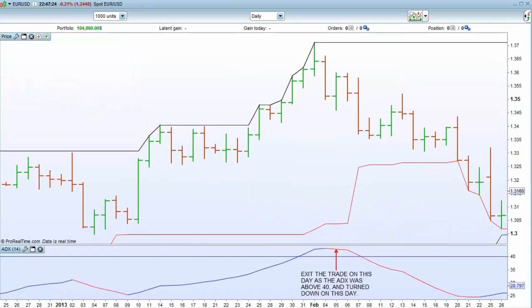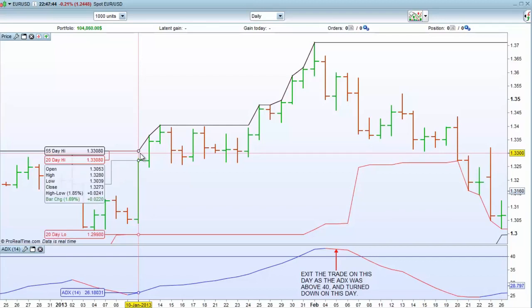Okay, now let's take a look at the ADX turn in the currency pairs. It works the same way. We see here we have a 55-day high, we have a sideways setup, and then on this day we have a blue rising ADX. So we look to put in an order on this day to buy on a break of the 55-day high,